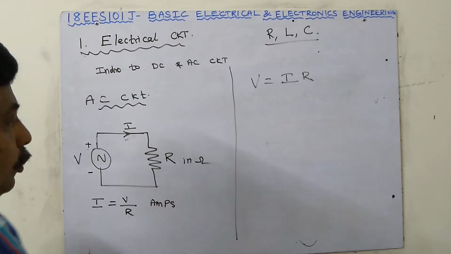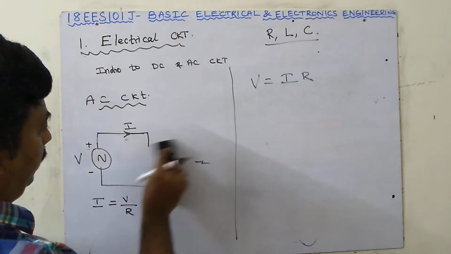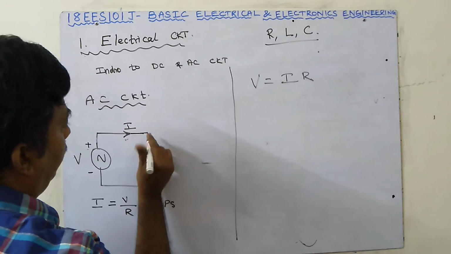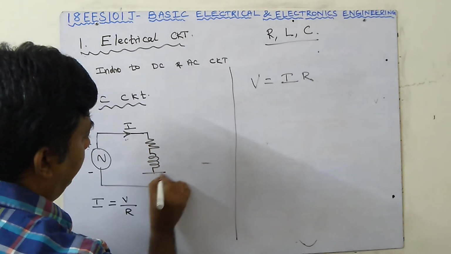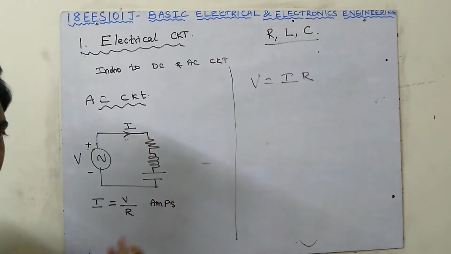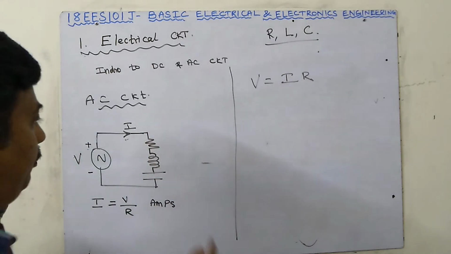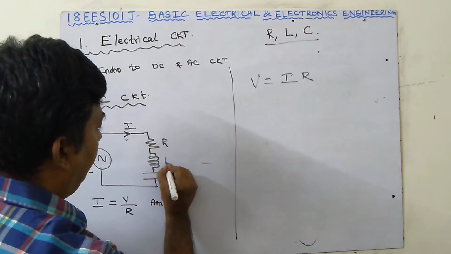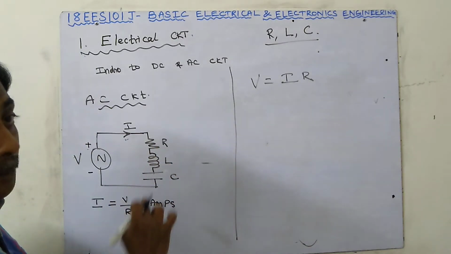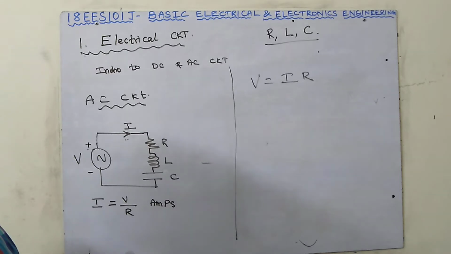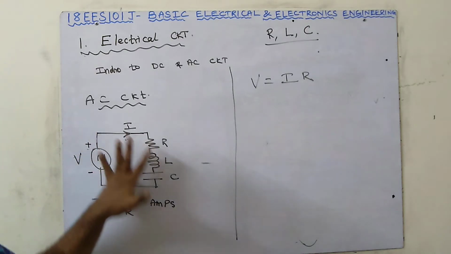Okay, that's the thing. It's not only that we can use this; here I am putting a series circuit: R, then L and C. It is not necessary for all of them to be in series. They may be in parallel, or anything else. Here I have mentioned R, L and C. This is the resistor, this is the inductor, this is the capacitor, all connected in series. I have connected them like this to show a simple circuit.